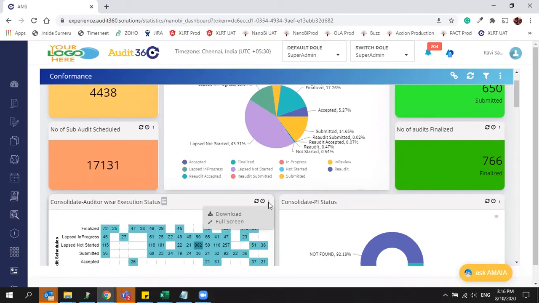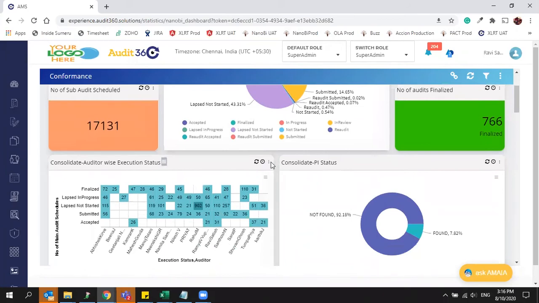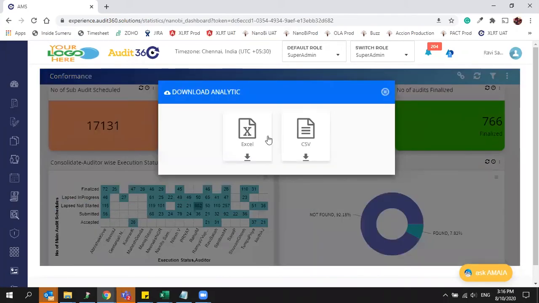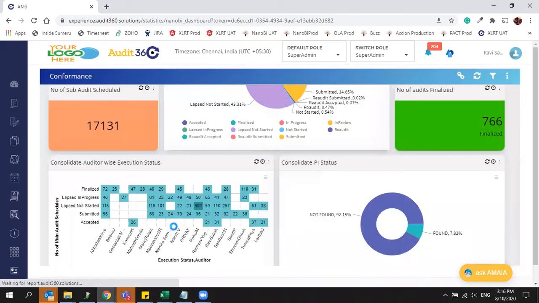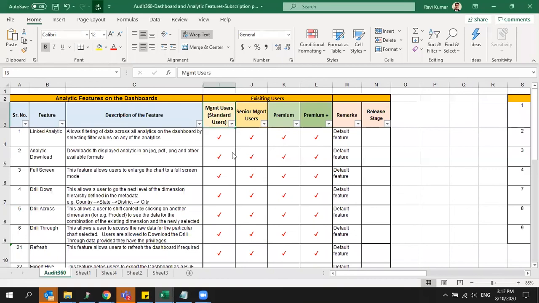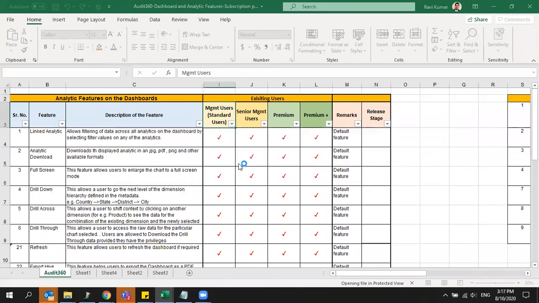Then as a management user, you will get only two particular features at the analytic level, called download and full screen. This download will happen at the analytic level, meaning whatever status you are seeing at the auditor level, the same thing will get downloaded here. It will not give you the drill through access, like which column and line items.